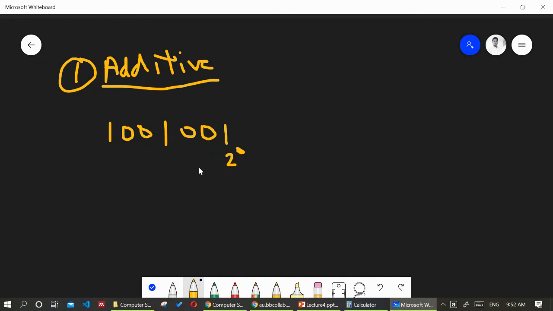Or make it easy now, do not write 2 raised to the power, just write it as 0 1 2. This is nothing but a 2 raised to the power 3, 4, 5, 6, and suppose I am taking an 8-bit number, so it will be 0. Suppose it's 0. Right? So it's 7. So now what you have to do is just find out where there is a 1. Just add it. Add what? 2 raised to the power that.